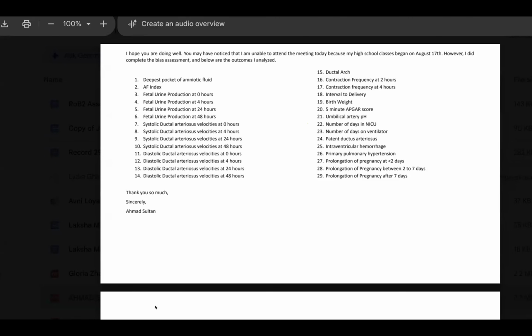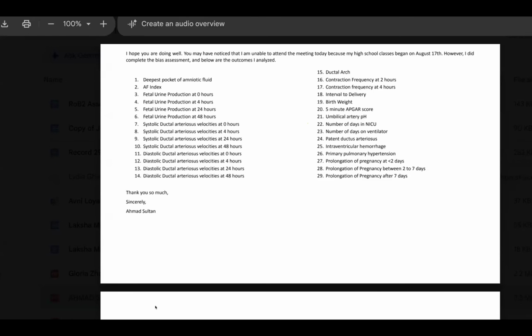It's comparable to how we were just discussing the outcome of tocolysis, which can subsequently be divided into contractions at 2 hours and contractions at 4 hours. And yes, you can do an ROB2 for each aspect of that. You could do an ROB2 for the contractions at 2 hours, the contractions at 4 hours. But my understanding, and I think that Mr. David agrees with me, is that it is sufficient to simply do the ROB2 based on the overarching